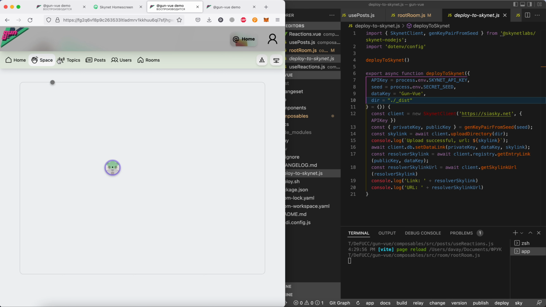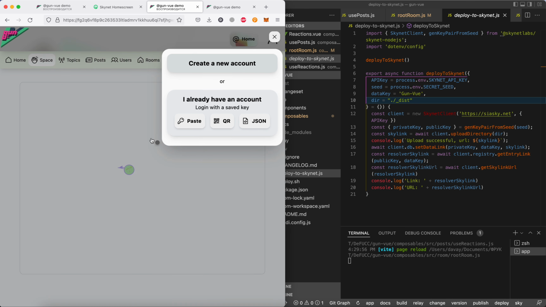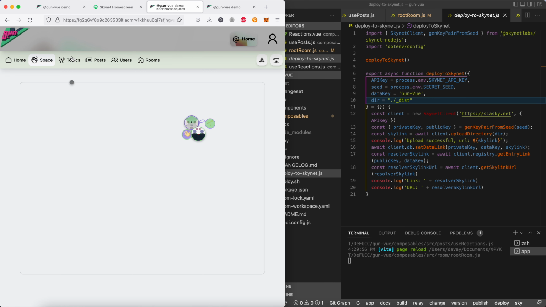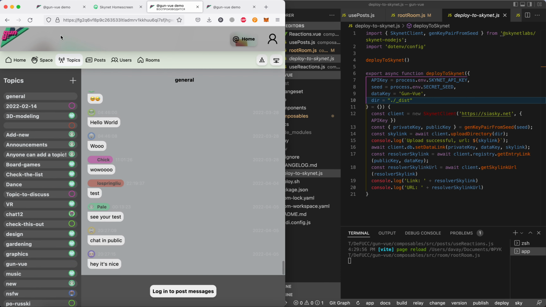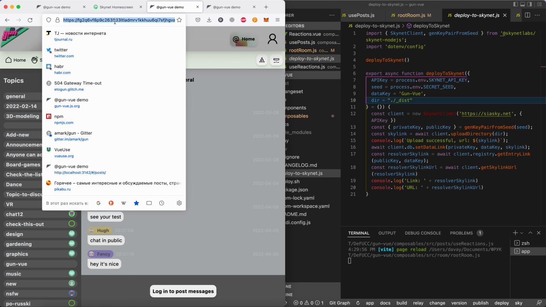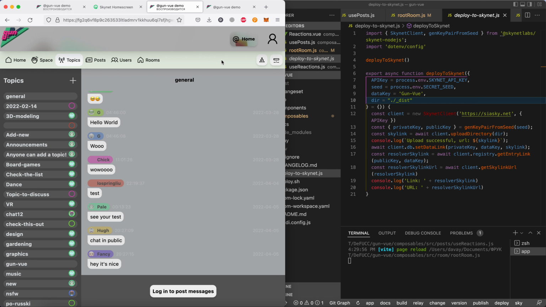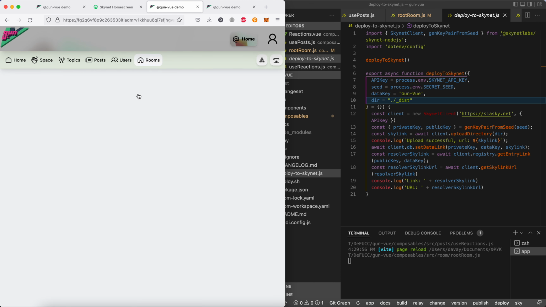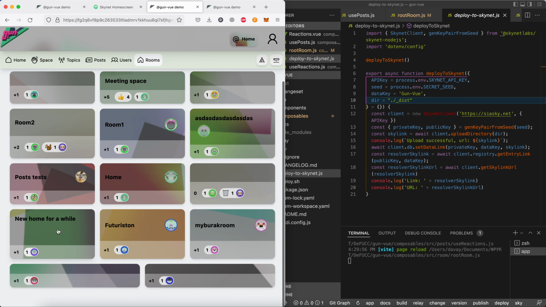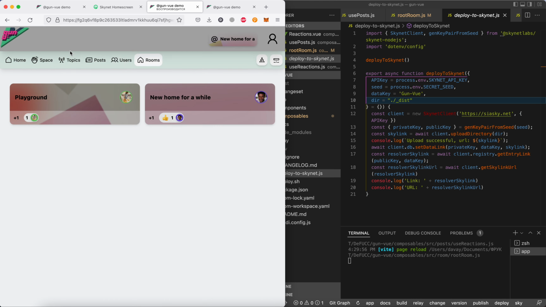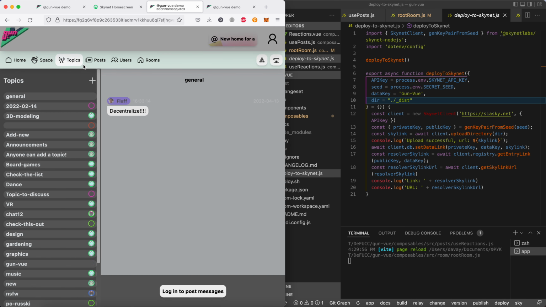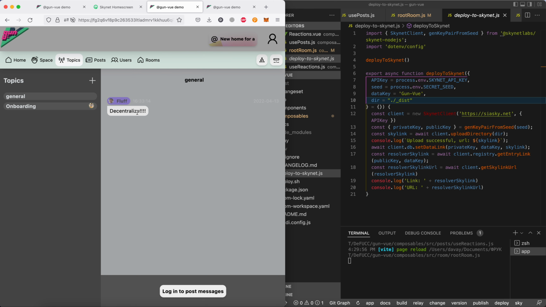fun possibilities. But now we see everything in this room. And this is still a Skynet immutable or mutable version of the app itself. We have the old room here, but we can go to the new home for a while and have fun here with the onboarding and